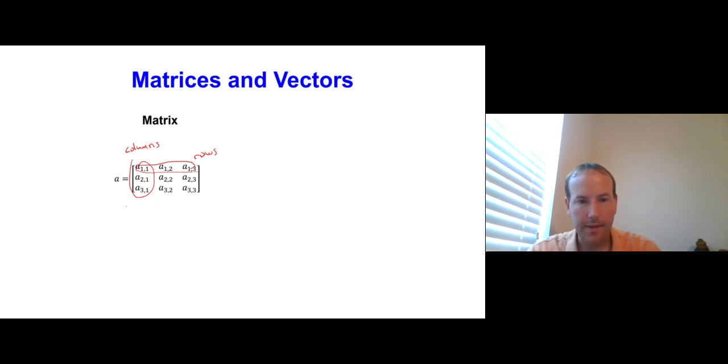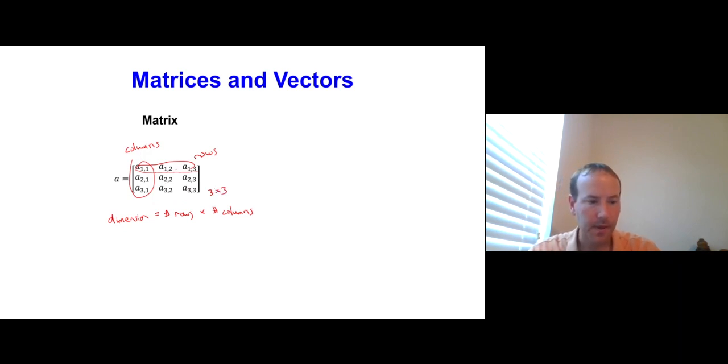Okay, and the dimension of a matrix equals the number of rows by the number of columns. Okay, so for example, in this case, this is a 3 by 3